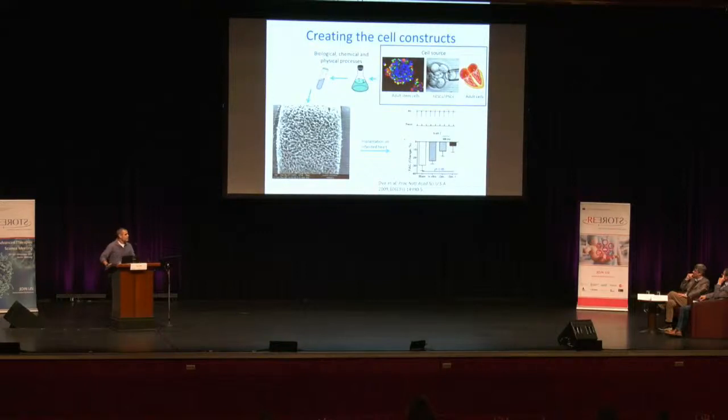So how do we create the tissues in the lab? So we can use different types of cells. So we can use cells from biopsies or adult stem cells. But if we're talking about neuronal tissues or cardiac tissues, we cannot use these cells because they do not differentiate to these type of cells, or we cannot spare these cells from the patient's organ. And in the lab, we're working with induced pluripotent stem cells. We manipulate the cells, we seed them in the biomaterials, and